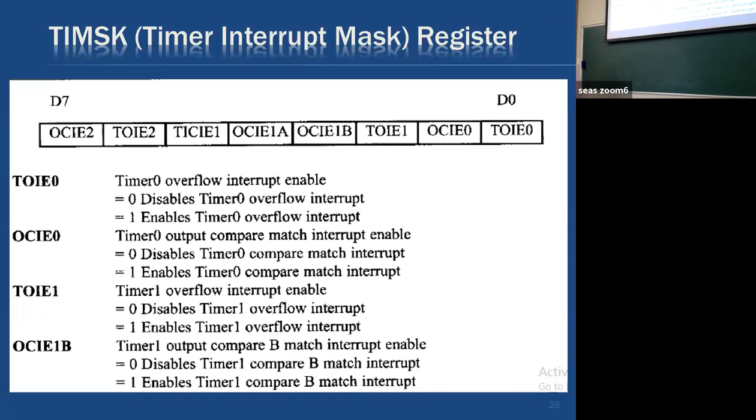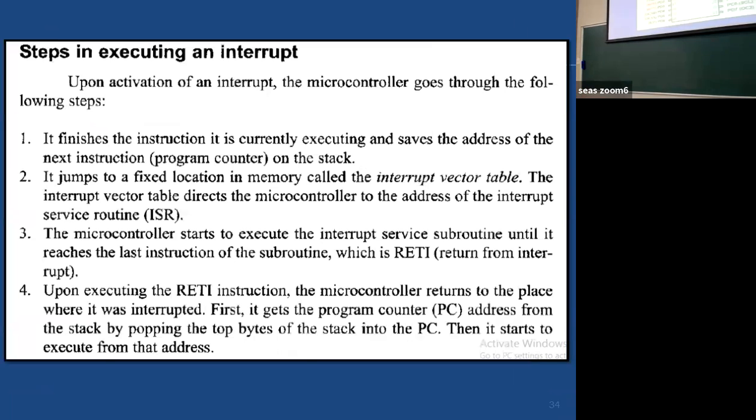For overflow, we need to set this bit. For compare, we need to set the next bit. Is it clear? For timers, if you want to activate timer interrupt, you go to this register TIMSK and set the corresponding bit. Fine. Similarly, if you want to activate the hardware interrupt, you go to this register.